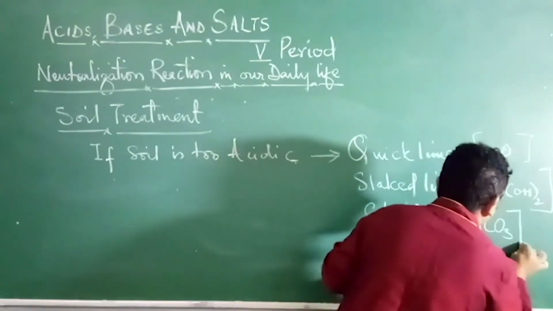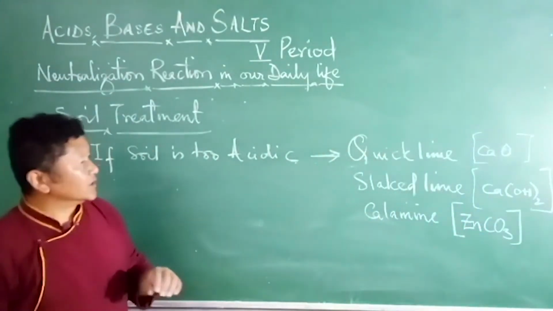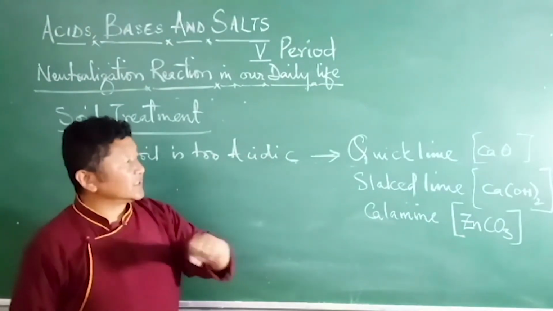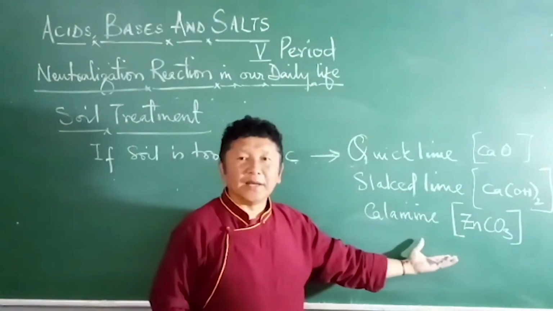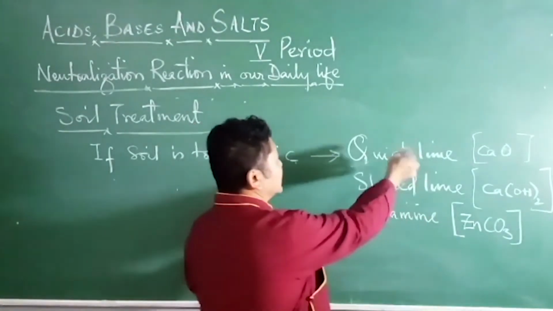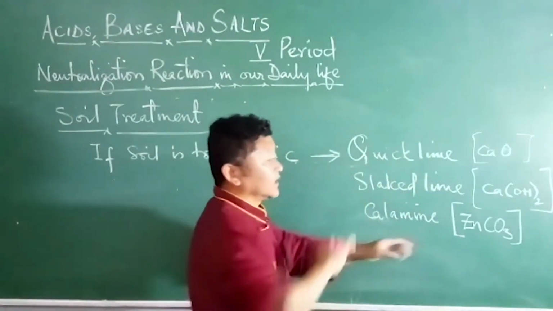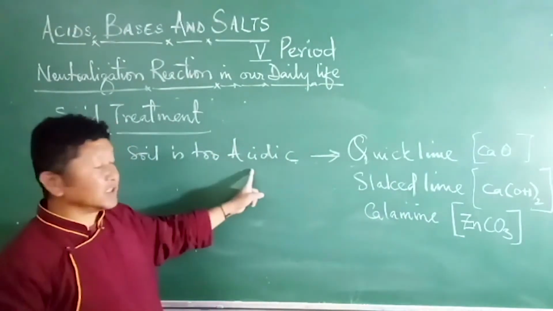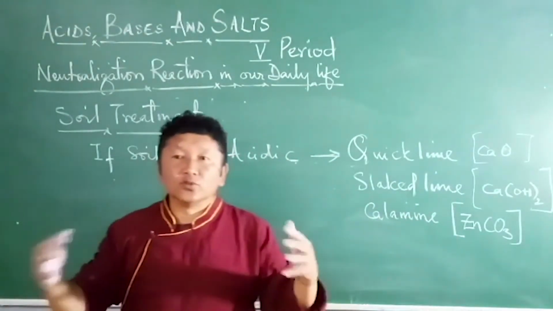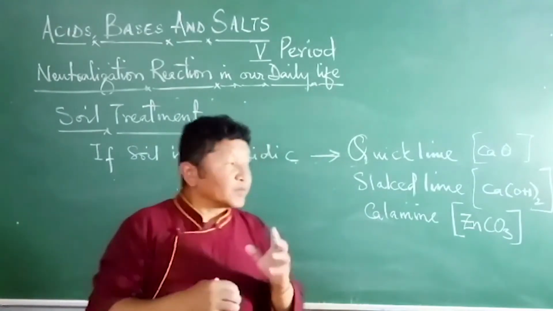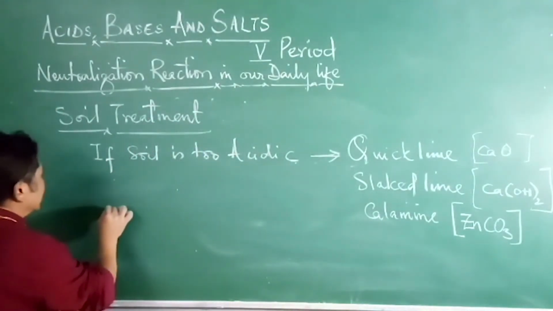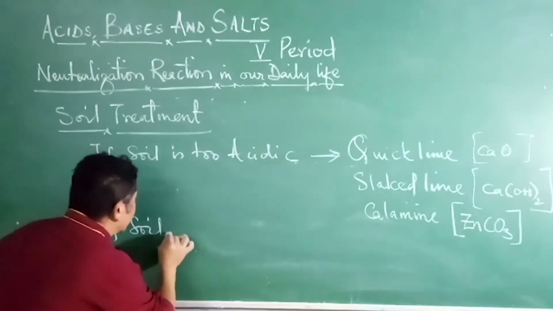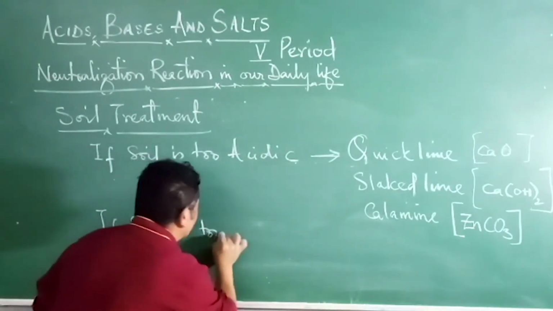Zinc carbonate, calamine. If soil is too acidic, we can make use of these bases. These are basic in nature, and the basic nature treats and neutralizes the acidic nature of the soil. And if soil is too basic,